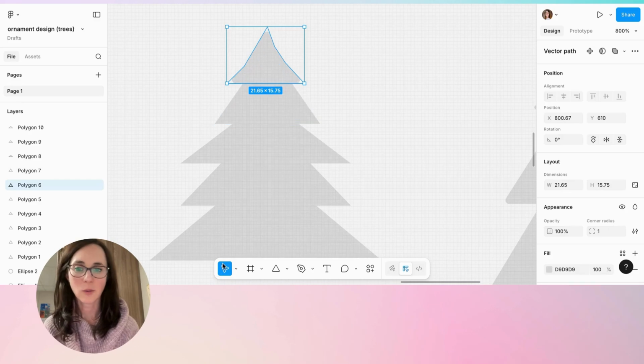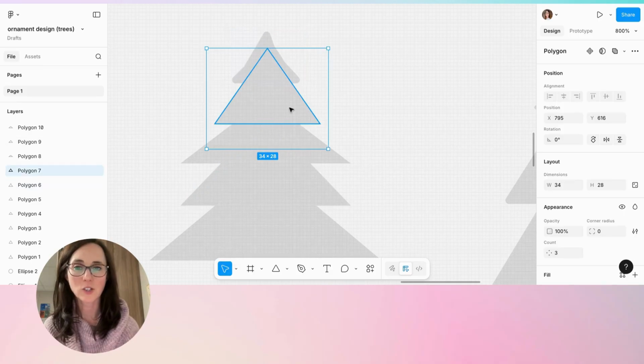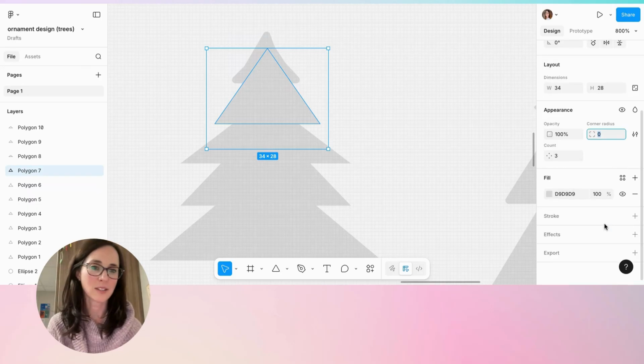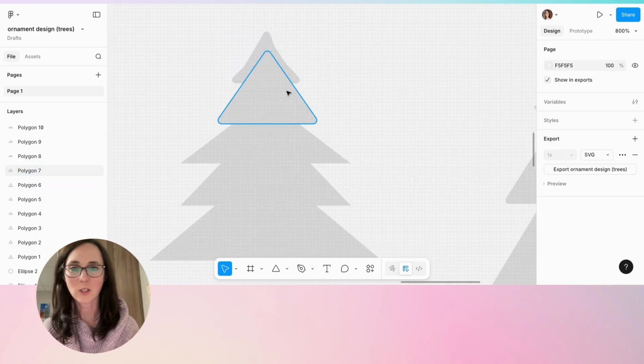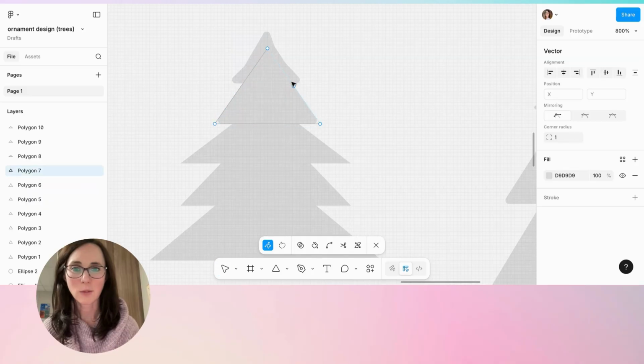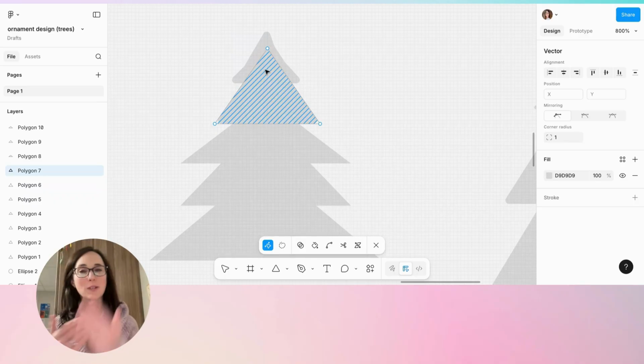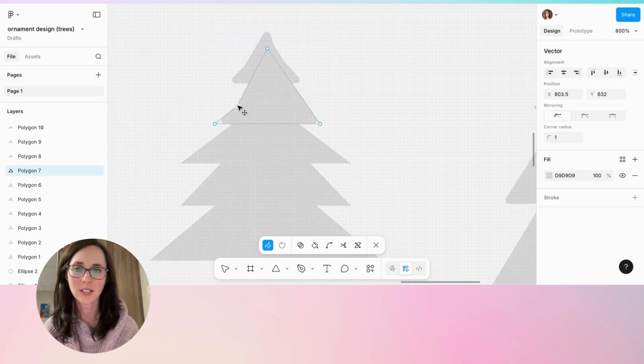So again, I went back to my move tool here. I'm going to click on that triangle. I'm going to change that corner radius again on the right side of my screen. There it is. Oops, not 10, 1. And then I'm going to double click and play with those anchors again. Now, this part at the top of my triangle, we're not going to see because we're layering the triangles, but I do still want to try to bend